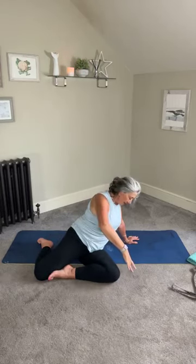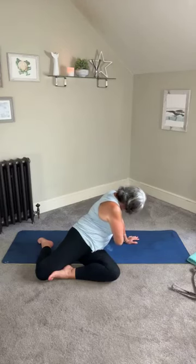If you want to work a bit harder, push and open through the hip and then release down and take it under. And then lift and reach. Good work. Okay, let's come back to the centre, into our pelvic rock, feet together, and just roll from side